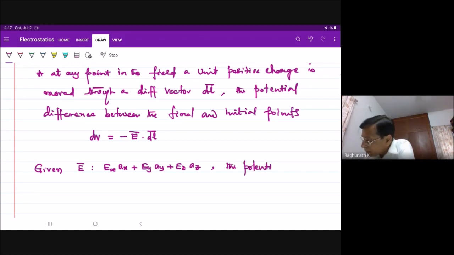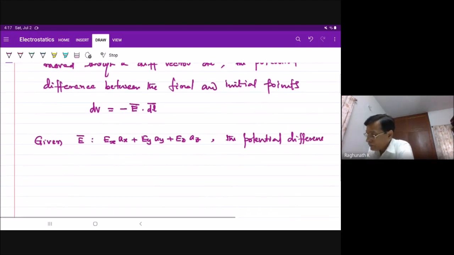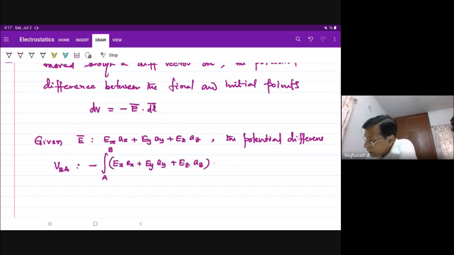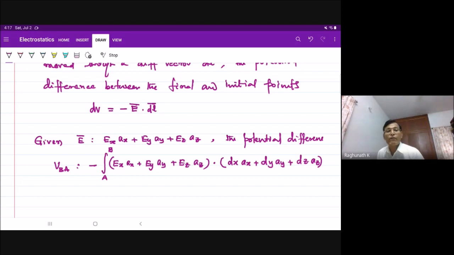The potential difference VBA is equal to minus integral A to B of Ex ax plus Ey ay plus Ez az dot dl bar, which is dx ax plus dy ay plus dz az,